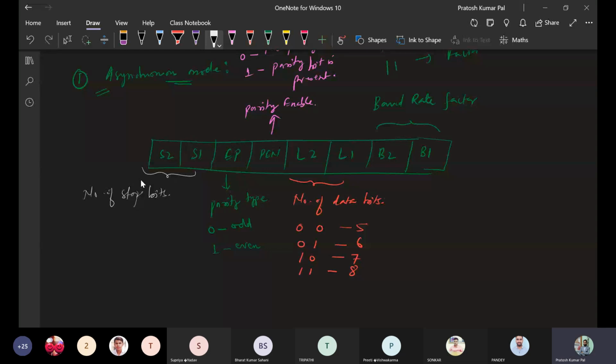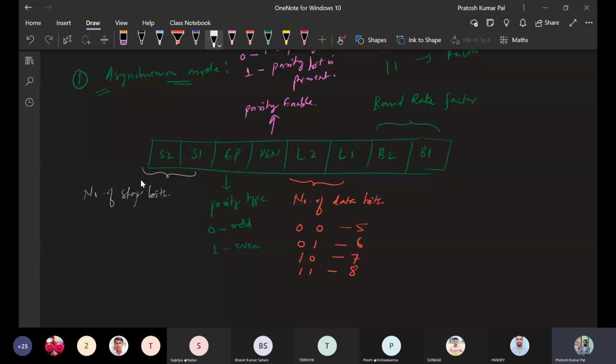Suppose you have 15 bits to transmit or 25 bits to transmit. From which bit we consider that the data has started is given by the start and stop bit. So there is always a start and stop bit.